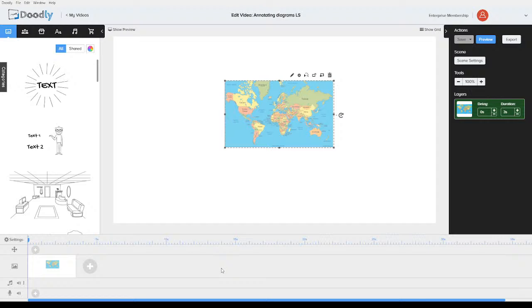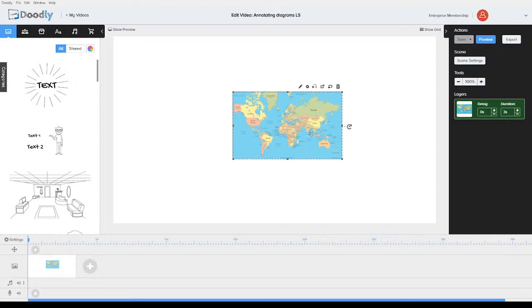So I did that map one as a trial to see if it would work, and I set it as the background. And that was fine because I was only doing it for one slide. I wanted to do something different and found I'd have to make a whole new Doodly project because I've gone and set it as the background and I can only have one background. So that's the pitfall.